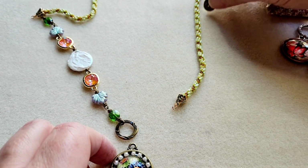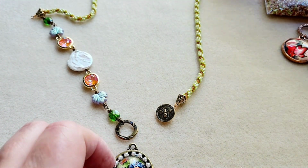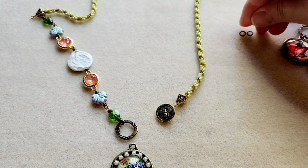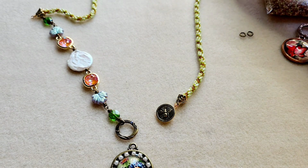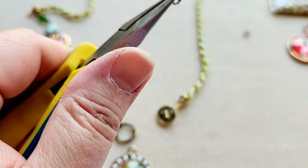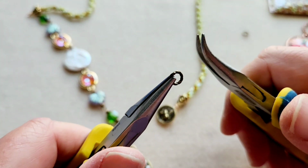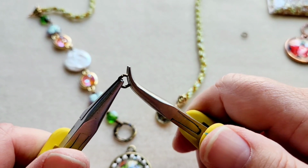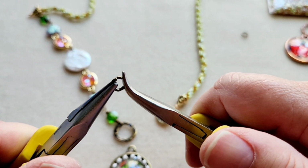And then, oh, we need to connect our B. So I did bring out some jump rings. So I have a couple of brass jump rings. So we'll go ahead and connect our B, and then the last part we need to do to finish this up is the leather. So to connect the B, I'm going to take my pliers and I'm going to push